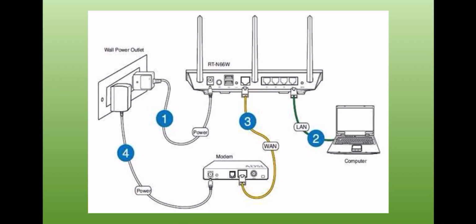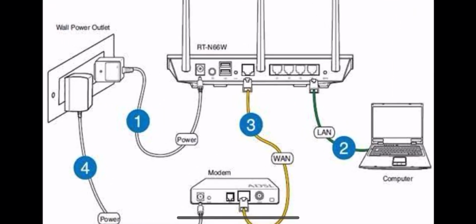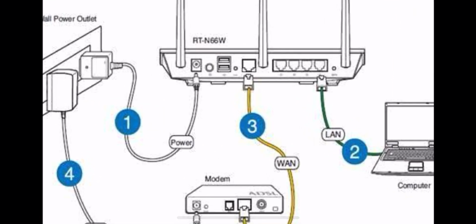And finally, the router, through your local area network LAN cables, provides the internet to the hosts or to various nodes or workstations. So we take a close look. Here 1 and 4 are the power cables. Here 3 is a WAN connection or wide area network connection from modem to router, and cable 2 is your LAN cable which connects your router to your various hosts. Here a computer or a laptop has been shown.